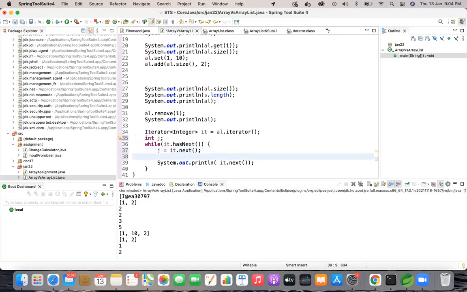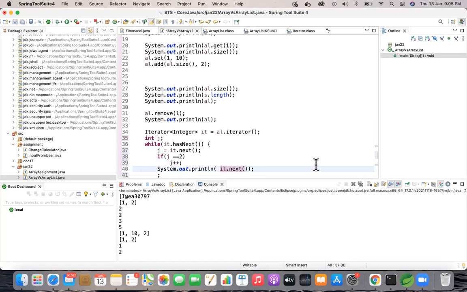Yeah. So give one condition. If my j is equal to 2, give j plus plus. Just give if equal to 2. Anyway, you're taking itr.next in j. So just increment j plus plus and print that value. So only if my value is 2, I'm going to update the value of itr.next by 1. Since you're handling it in the j value, I'm just giving j plus plus. Okay. Now in System.out.println, print j.